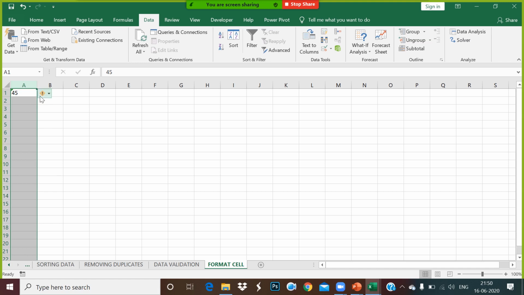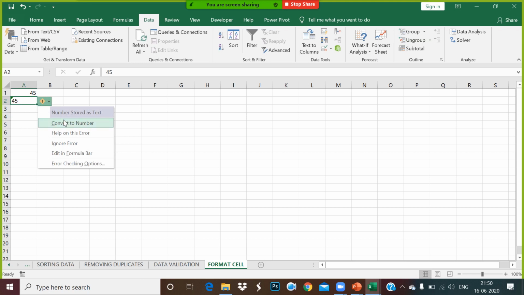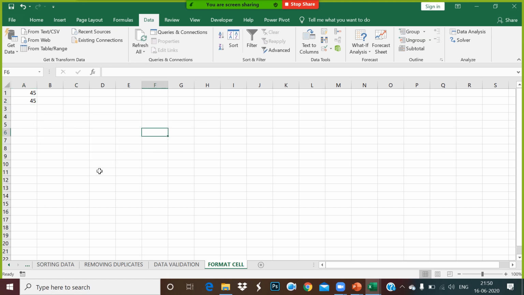Yes. Now can you see there is an exclamation mark coming here, where you can convert this to a number. If you put 45, it is a character. Again, this exclamation mark will come, which will allow you to change the validation process to convert to number. Can you see that? Yes, sir.